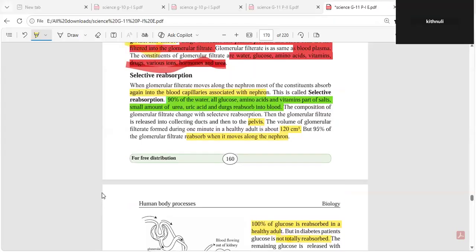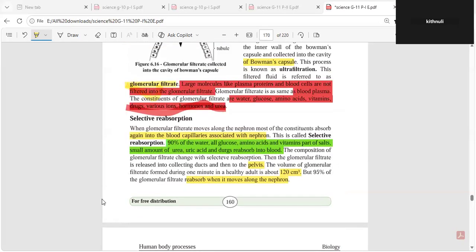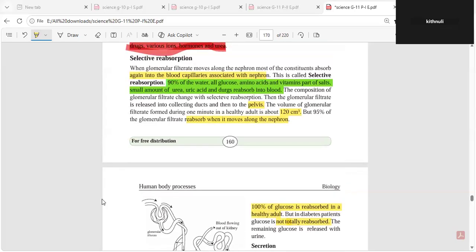Now we are in the selective reabsorption process. These molecules are reabsorbed into the blood capillaries. Thin blood capillaries are there among the